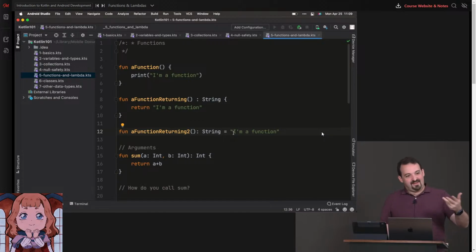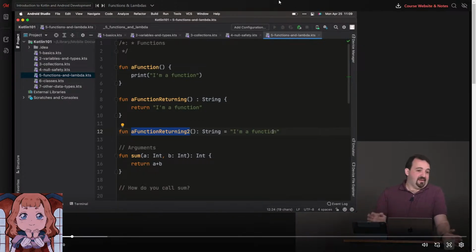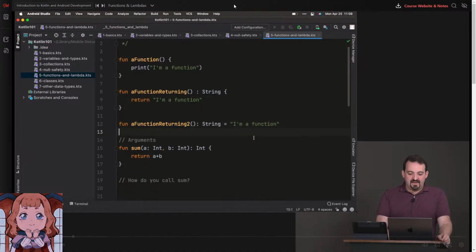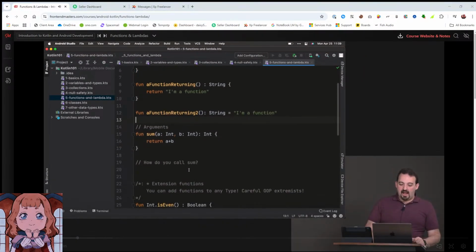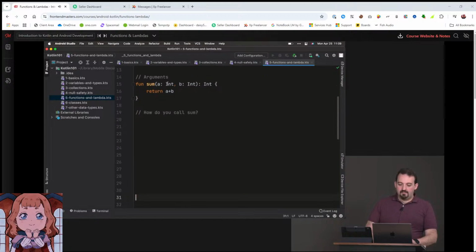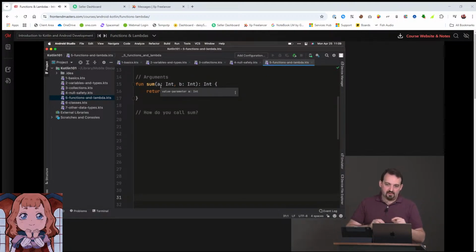The equals is kind of an implicit return. So calling the function returns that string. That's the idea. It's not mandatory. It's something that you can pick to use. Arguments are actually pretty straightforward with the differences in syntax that we have in Kotlin. So we use the name of the argument, colon,